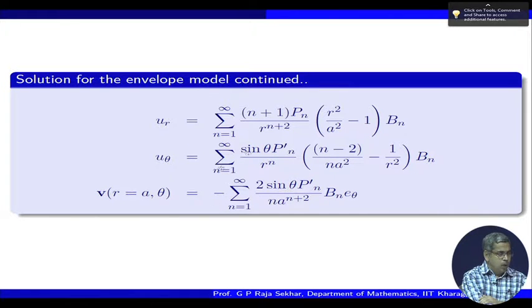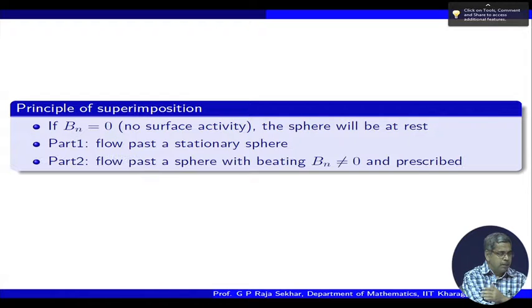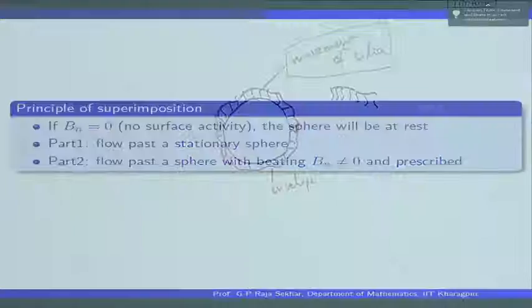Okay. So, now we are ready to solve the problem. What we are saying is, for a given surface activity B n, how does the corresponding spherical particle respond, that is the problem. Okay. Now, the question to be asked is, what drives the flow? Yes, B n drives the flow, because if B n is 0, no surface activity, the sphere will be at rest. Otherwise, you have to give some B n and then obtain the solution. So, how will this be done? So, part 1 is